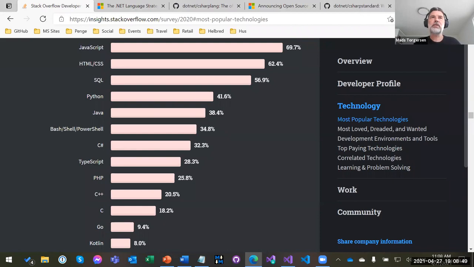Yeah, I run the C# language design team, and if you want, we can talk about how we design C# and the process around it. I'm going to get to that a little bit. I wanted to start by zooming in on what the status of C# is out in the world. We can look at some of the artifacts that we use around building C# that you can participate in because it's all open source. And then I'm going to talk about some of the things that we're planning for C# 10.